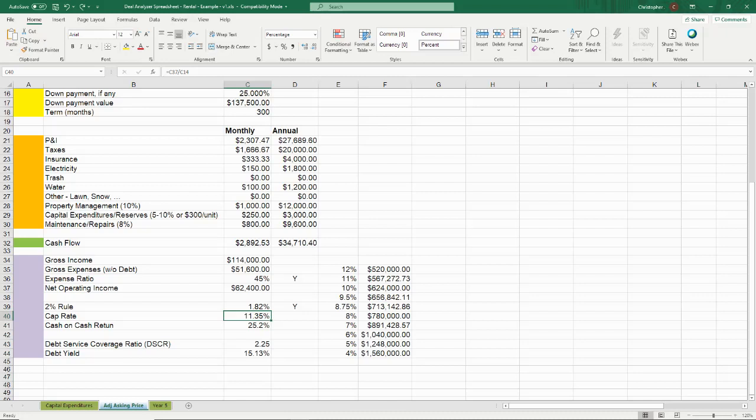Let me repeat that last part. If you increase the net operating income, you're able to drive up the value of the real estate asset or of the investment. I said that repeatedly because this isn't on repeat. There's nothing wrong with the video or the audio. This is another one of those moments where real estate investing is so powerful.